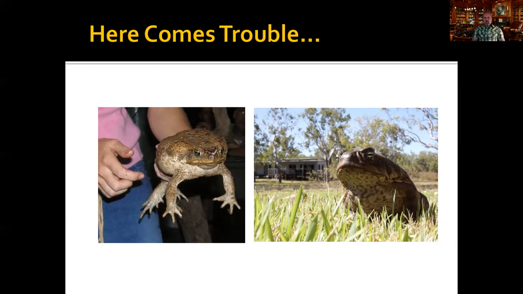And so they came up with a plan. They did all the right steps. They said, okay, let's brainstorm. Let's come up with some ideas. What about other countries who have sugarcane? What do they do about these beetles? And somebody figured out that other countries have these toads that eat the beetles. They're called cane toads. A bunch of people were like, oh, that sounds like a great idea. Could we bring some of those toads in and make sure that our sugar is protected? And they were all like, yeah, that's a good plan.